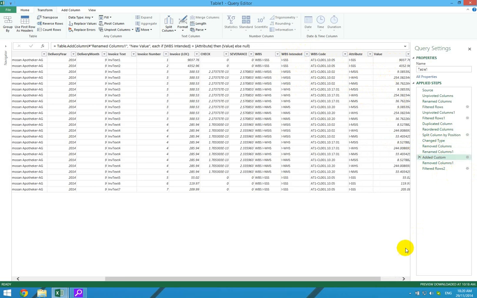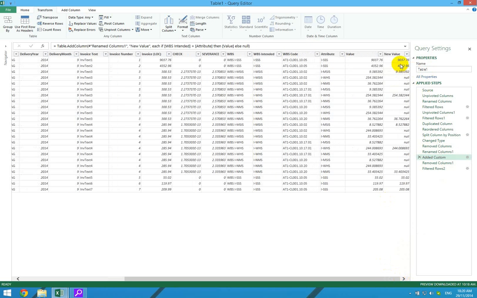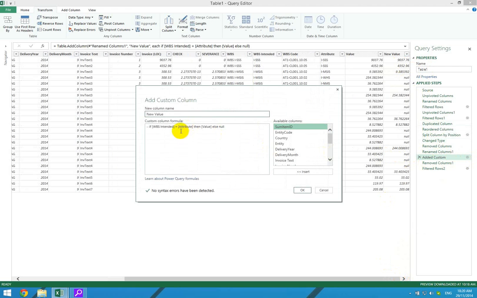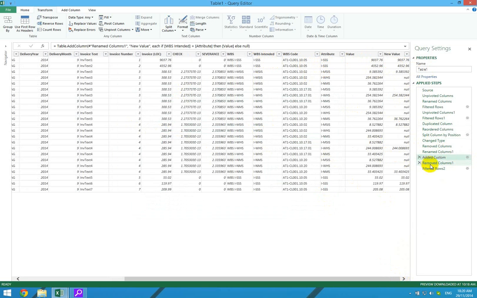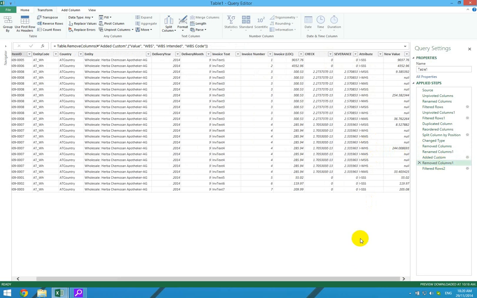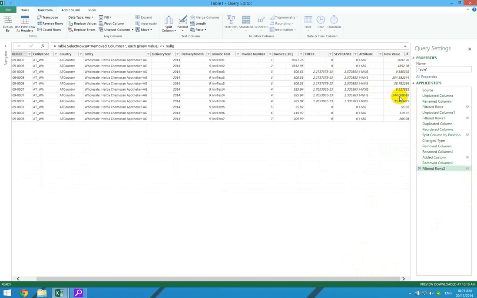So I added a custom column on the end, this one here, and if you have a look at the formula that I put into this custom column, I just put a simple if statement. If this column is a match to this column, then put this value in this column, otherwise put the value null. And then I got rid of this interim column here. And then the last thing to do is to filter out all the nulls. And that leaves me with this flat data structure,